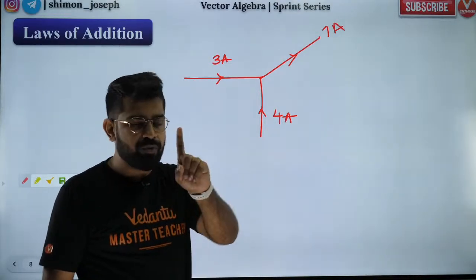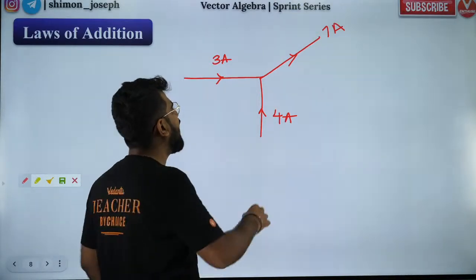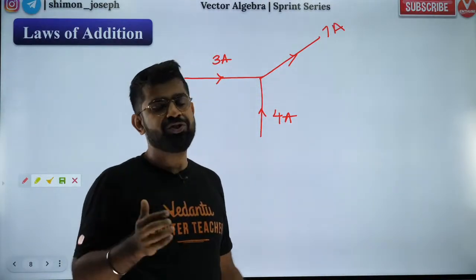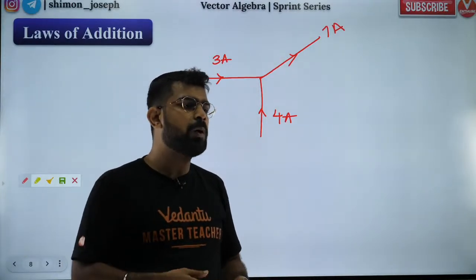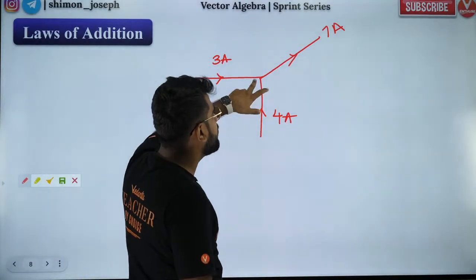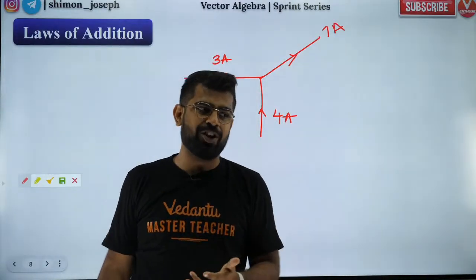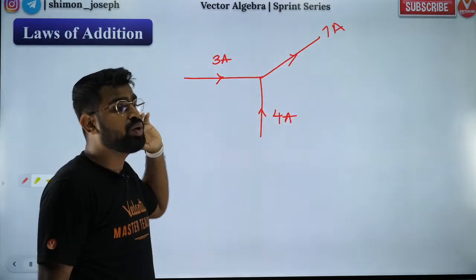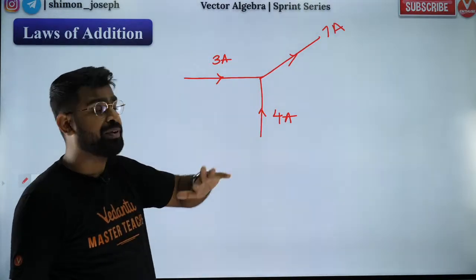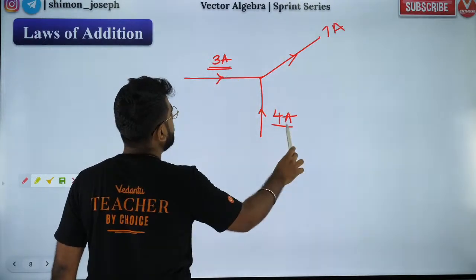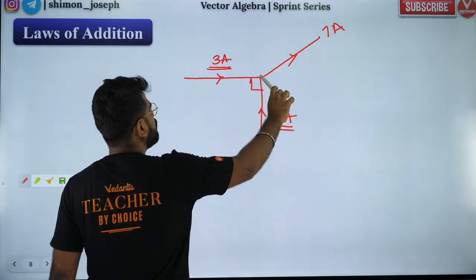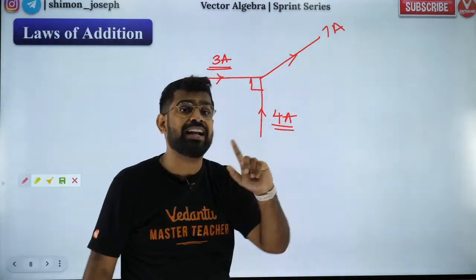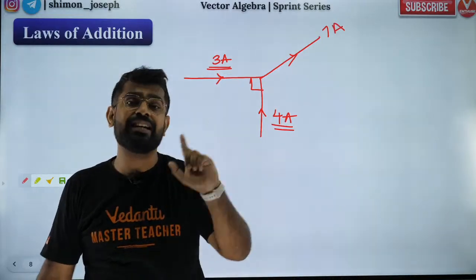There are 2 laws. The first one is Kirchhoff's junction law, which says that charge cannot accumulate in a junction. So whatever charge is inflowing, it should be going out as well. Okay, so 3 ampere and 4 ampere will give outside 7 ampere. That I hope you guys are all aware of. So hence, here vector addition is not obeyed, because according to vector addition, it should have been 5 ampere. Why? Because 3 ampere and 4 ampere with an angle of 90 degree should give you 5 ampere according to vector addition. But we are getting 7 ampere. So current does not obey vector addition. Therefore, it is not a vector.